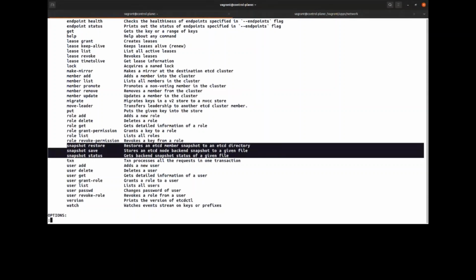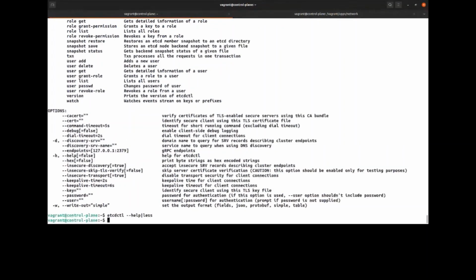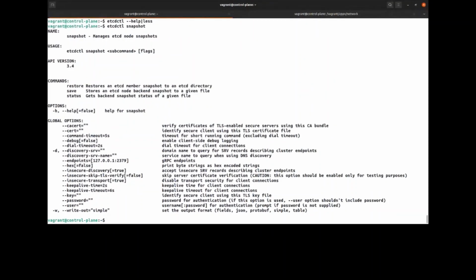Once I do save, to check that I saved the snapshot correctly, I run snapshot status. To restore, I do snapshot restore. And to get help, it's very easy: etcdctl snapshot. Oh, sorry, fat fingers. You can see snapshot restore, save, status, and these are the options.